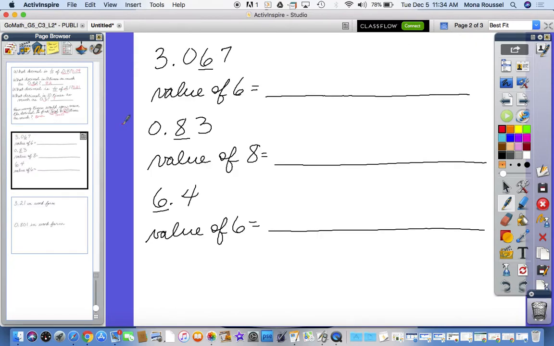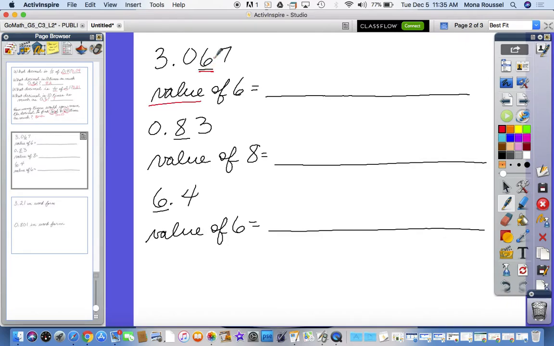We also need to keep straight what the value of a digit is. The value is different from its place value or its place. If we're looking for the place of a digit, we simply want to know what column it's in. If we want to know the value of a digit, then we want to know what that digit is worth in that column. So, I'll repeat that. We want to find what the value of this 6 is, not just its place, but how much it is